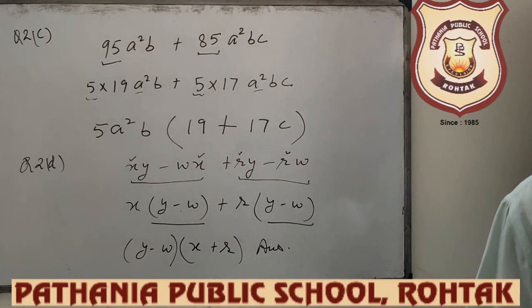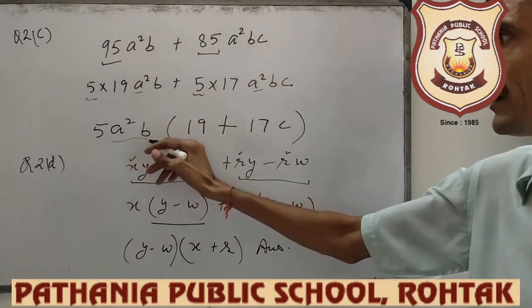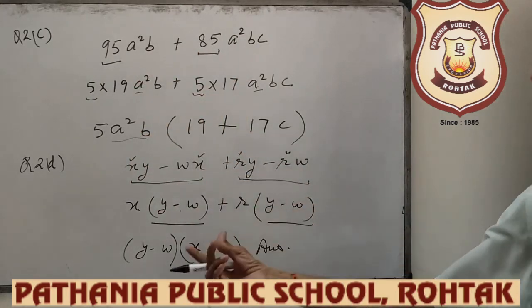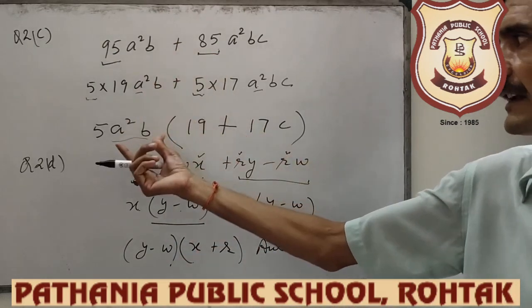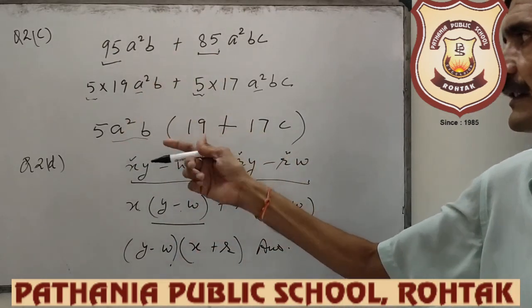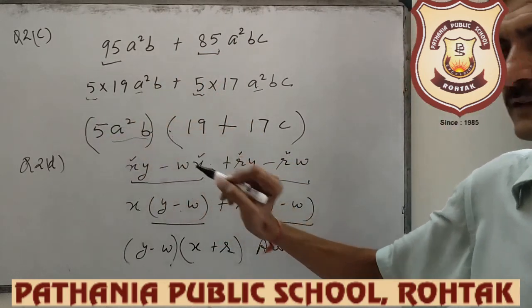If 3 terms are there, then take only 1 as common, just like in these two, 1 is common. But if 4 terms are there, then we will get the product of 2. This also, the 2 terms are there, we get this into this. This is a product, beta, and in between, no sign should be there.